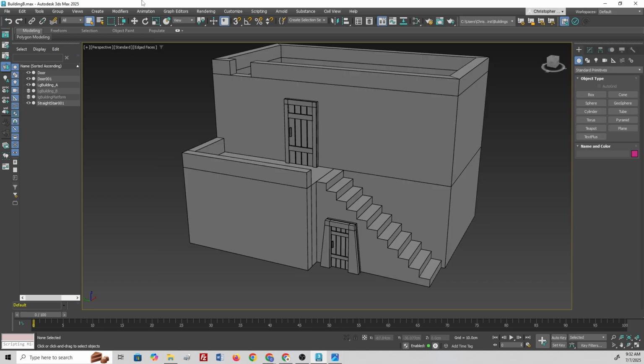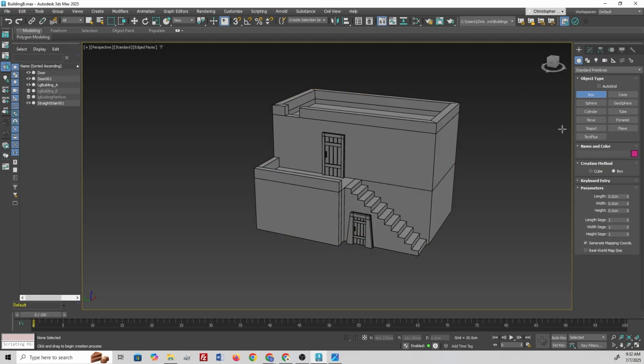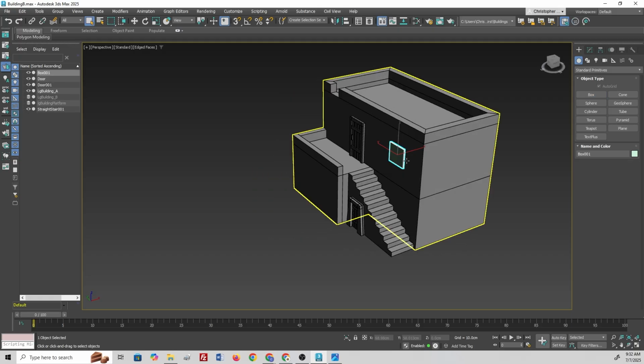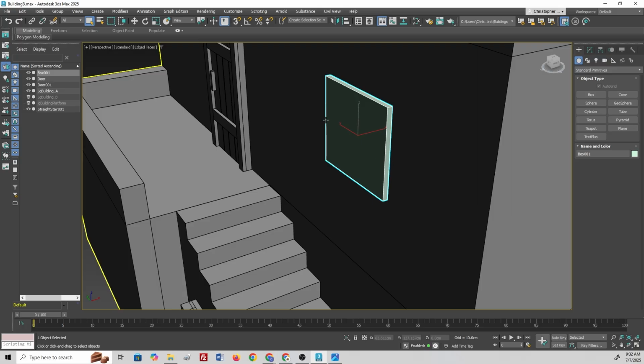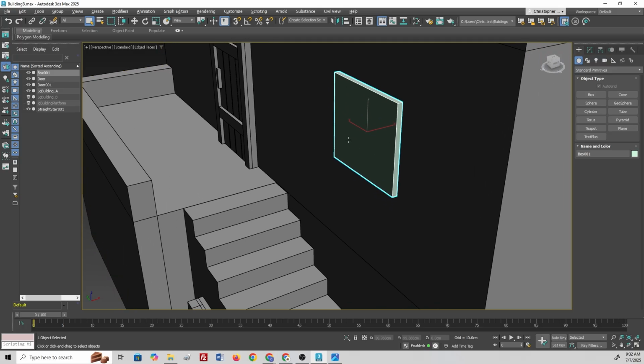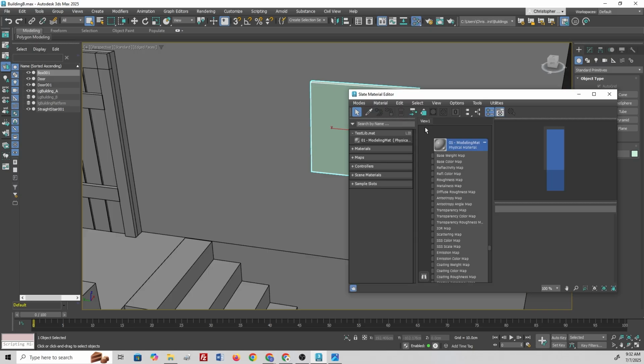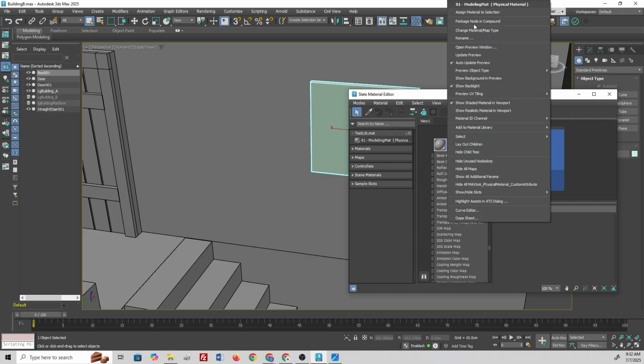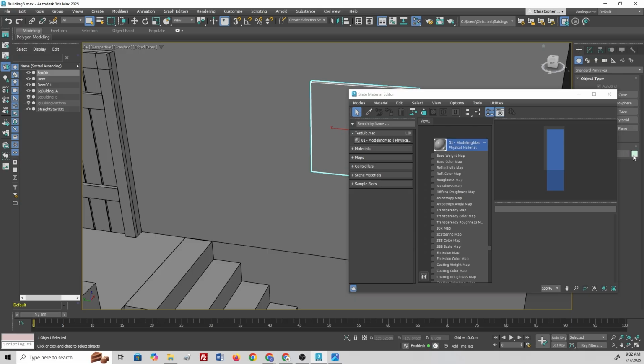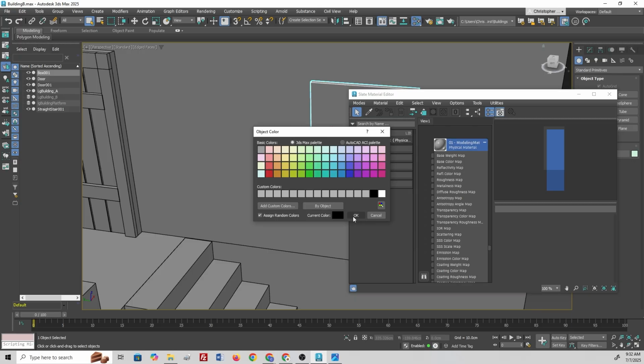So let's get started on that window. Click on box, auto grid. For right now, we're just going to create it right here and extend it out like that. What we're going to do from here is add our modeling material to it, change our edge colors to black,